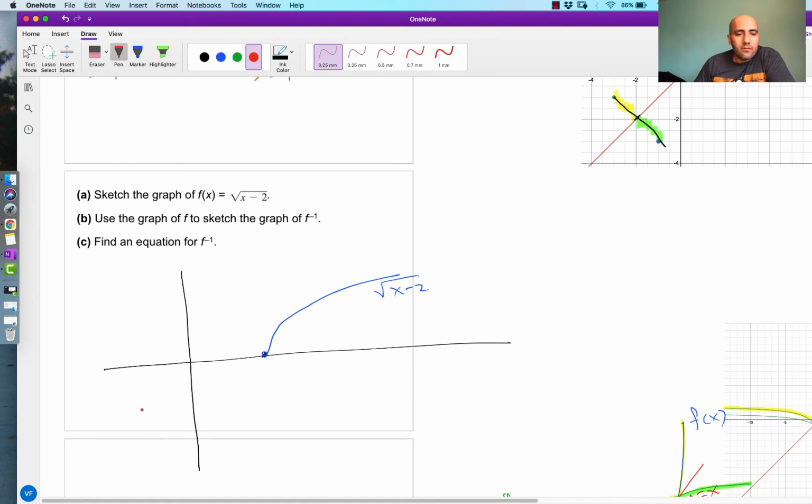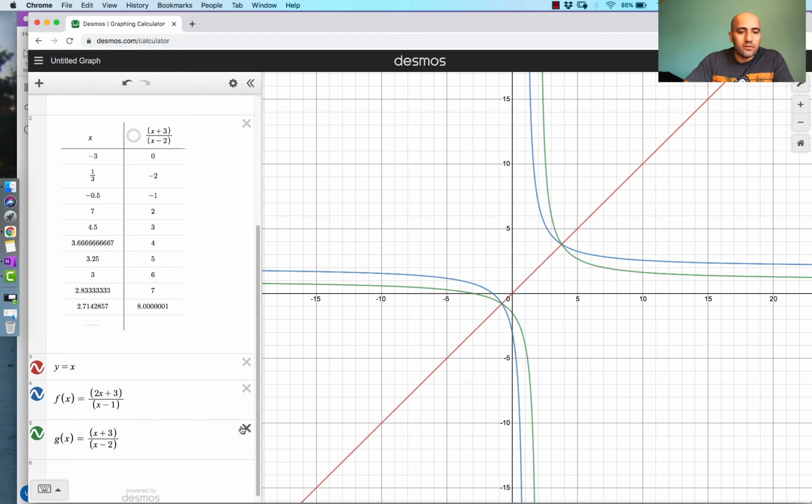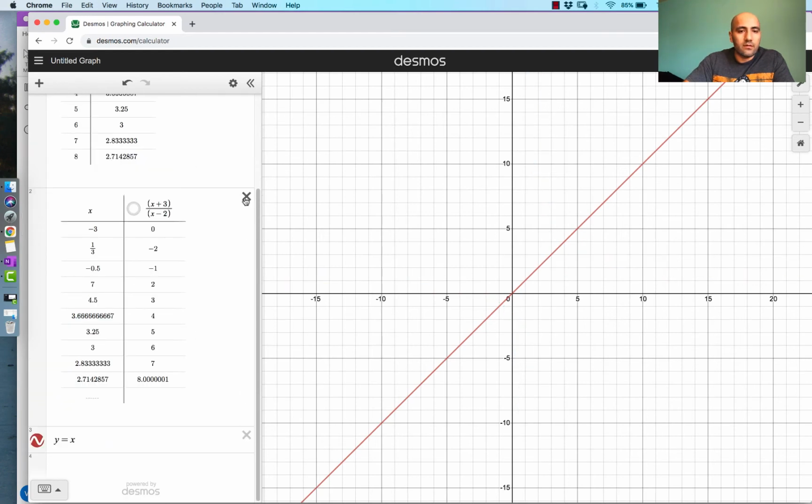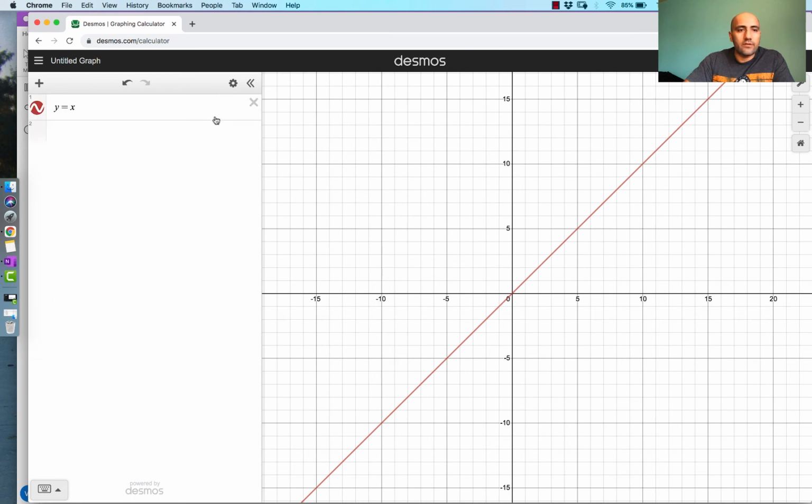And then we think about this guy, which is the line y equals x. And so therefore, the mirror image will be something that comes over here and goes that way, sort of. Right? So this would be the inverse function if this is the f function, f of x. Okay. I can do a better job of that with Desmos. So let's do Desmos. Let's get rid of all of this, all of that, all of that. That. Okay, here's my line, and then I have f of x